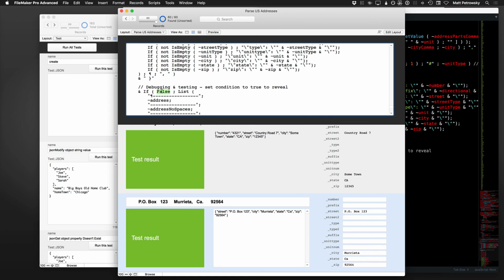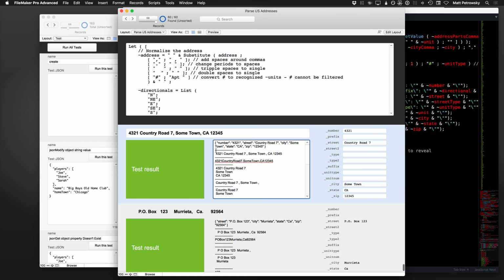Do I want to see my debugging? If I do, I'm simply going to say true. And it's going to give me all of my debugging code. It's going to give me my result. It's going to allow me to run my tests and be able to make sure that across all of the different variations that I put into this database, I'm getting a passing result